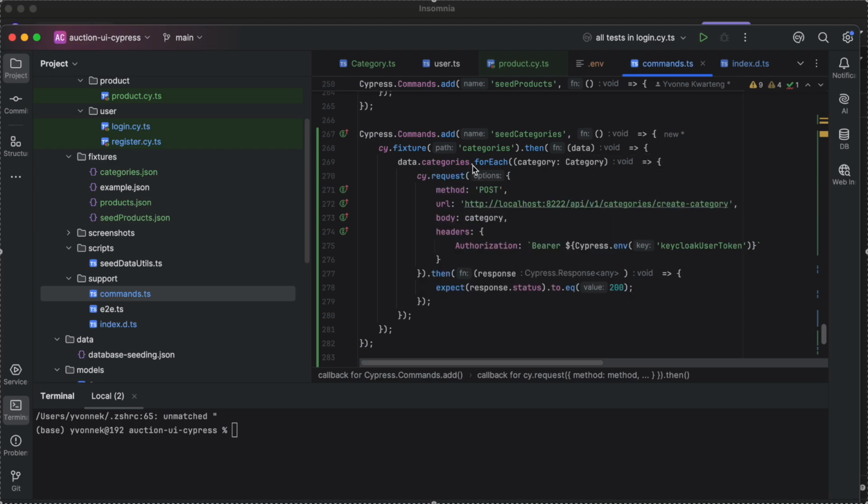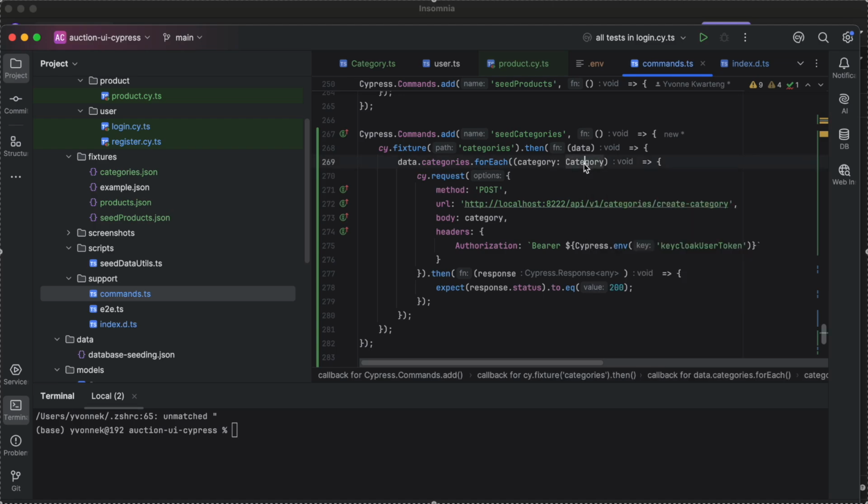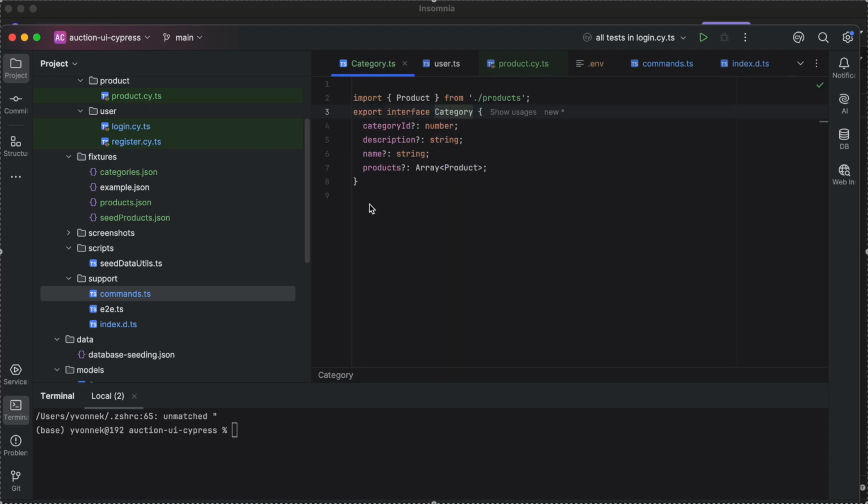And then we are going through each of it, and we are using this interface, and this interface is exactly what's written in the file. So we are following the convention of this interface. Let's take a look at it. The convention of this interface is, we need a category ID, a description of the category, the name, and what products, but these can be null. Okay,